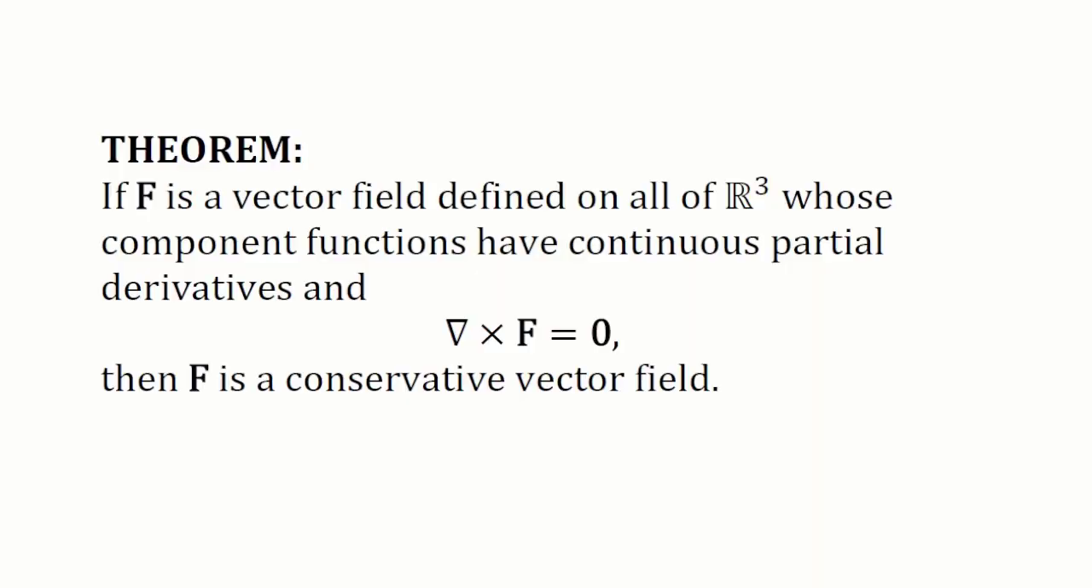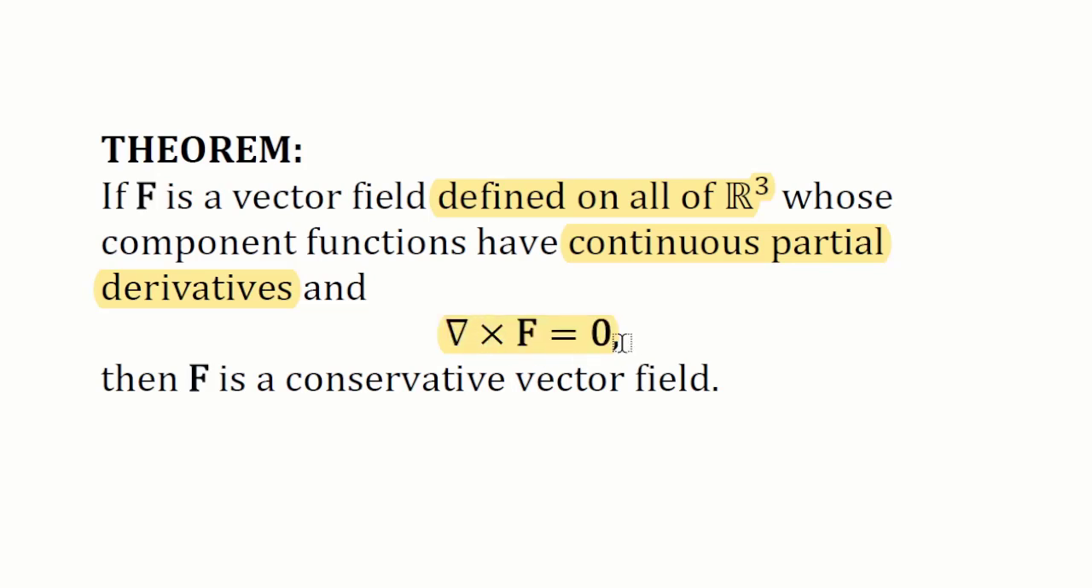All right, so here we go, our theorem on the computer screen right here. If F is a vector field defined on all of R3, meaning it's defined in the entire space of R3, whose component functions have continuous partial derivatives. So these are the requirements. We need the vector field defined on all of R3, and the component functions have to have continuous partial derivatives. If that's so, and further,